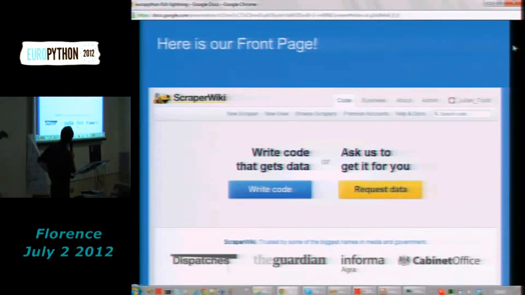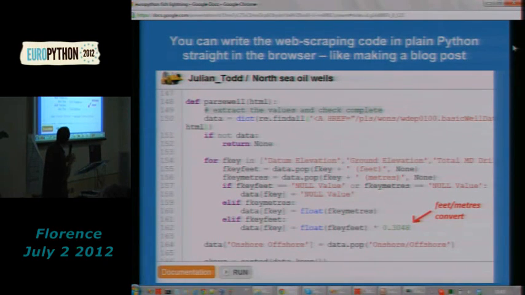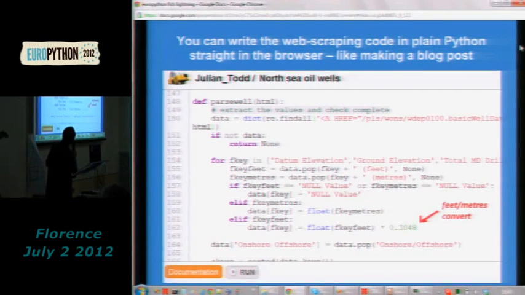Here's the front page. And the way we do web scraping in Scraper Wiki is we just write code. There are a lot of tools that do web scraping, which are like GUI, where you point and click and so forth. And they always break down when you actually start having real problems. In this case, it's like just making a blog post. You just write some code straight in the browser and run it, and you can sort out all your problems when your oil wells are in feet or meters, with a little bit of code to clean it up